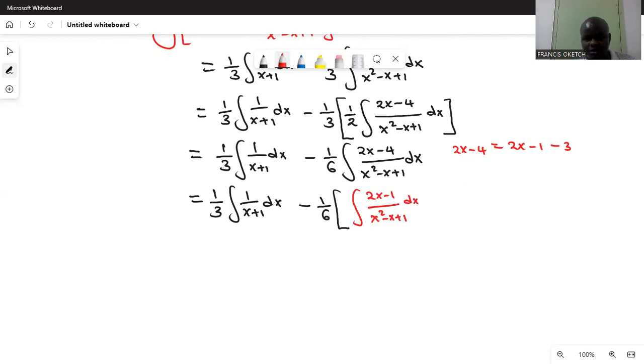So minus the integral of 3 over x squared minus x plus 1 dx. So you can see what I've done there. I have split the numerator as 2x minus 1, then minus 3. So when I open the bracket completely, this can now be written as,